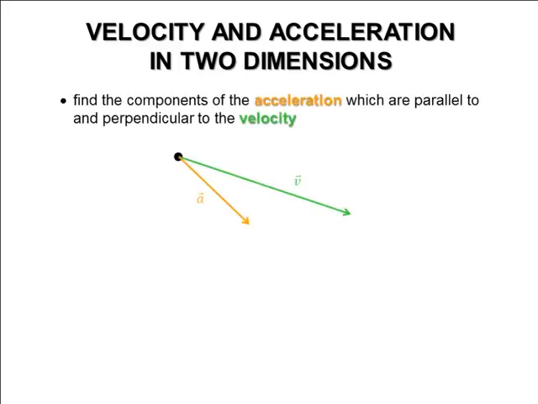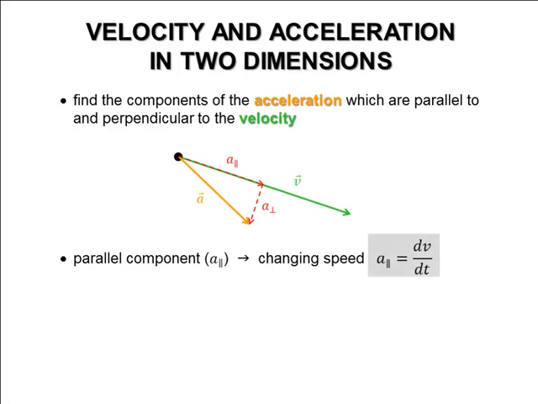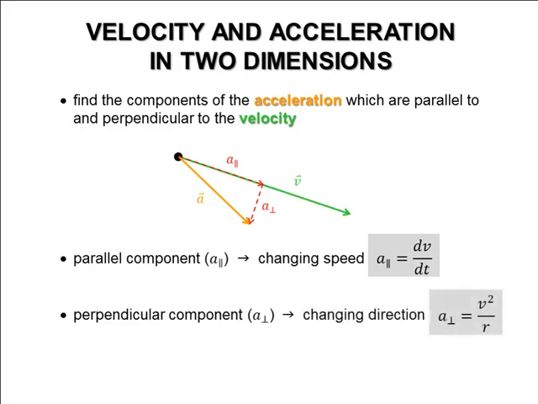Now, if we go back to what we've learned about velocity and acceleration in two dimensions, we had the velocity and the acceleration. We found components parallel and perpendicular to the velocity. And we said the parallel component had to do with changes of speed. We can be even more explicit now about that component. In fact, the parallel component of the acceleration is dv dt. It has to do with how rapidly the speed itself is changing. And now we can also be a lot more particular about the perpendicular component. We know it has to do with changes of direction, but we now know that that's equal to v squared